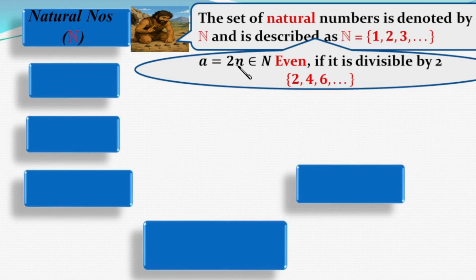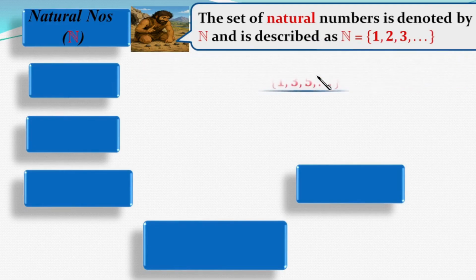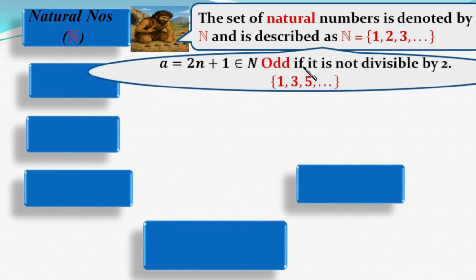The even numbers start with 2, 4, 6, 8, and continue in such a way up to infinity. So any natural number divisible by 2 or a multiple of 2 is called even. And on the other part, if it is not divisible by 2, we call it